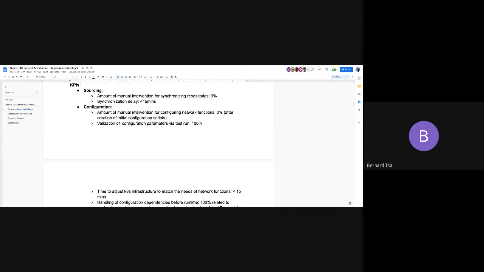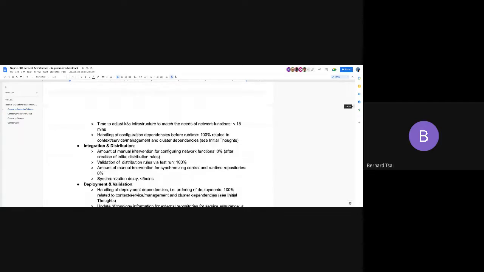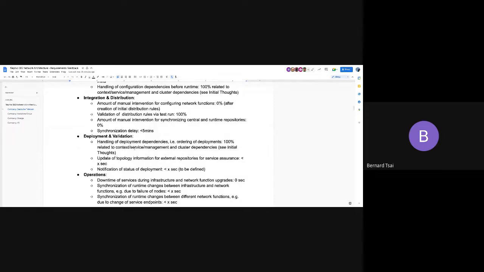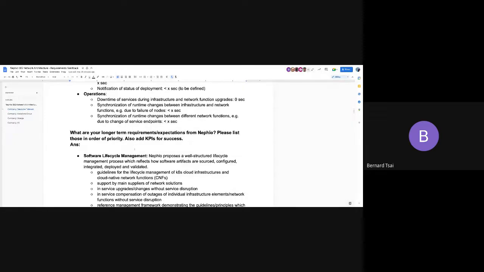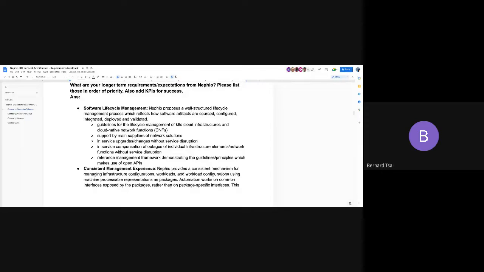Now, if I'm scrolling further down, I believe we were adding something related to the further requirements. And here I believe I'm relating more to the design principles. So Kaushik, what you've mentioned before, consistent lifecycle management, etc., all those things you've already mentioned above in this main document.